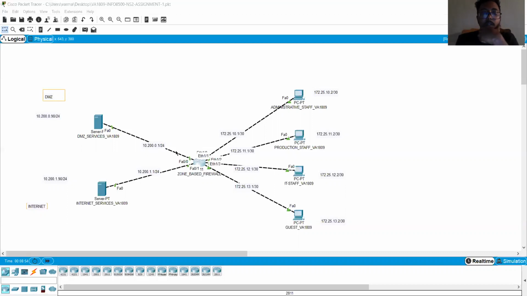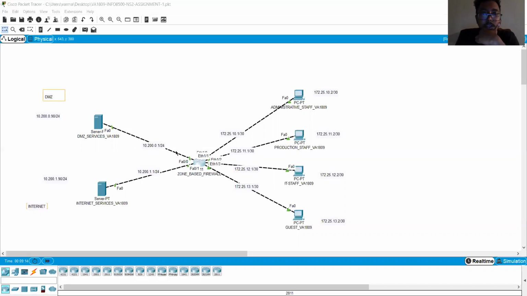As you can see, I have configured all the zones for each branch: admin, production, IT staff, guest, internet, and DMZ.